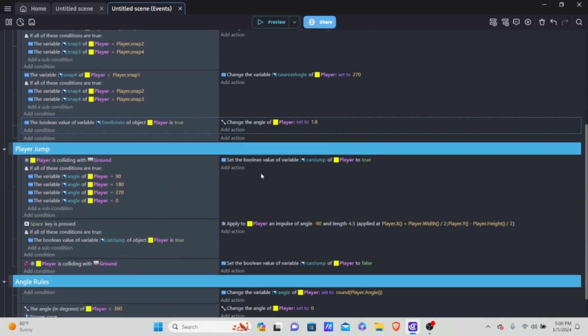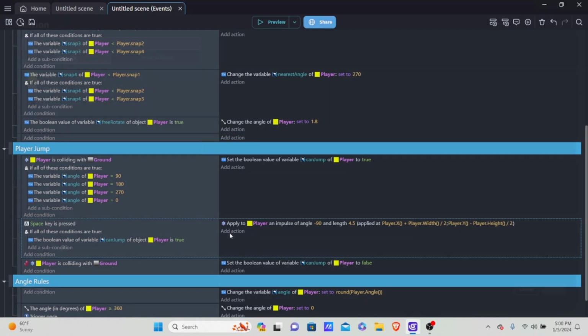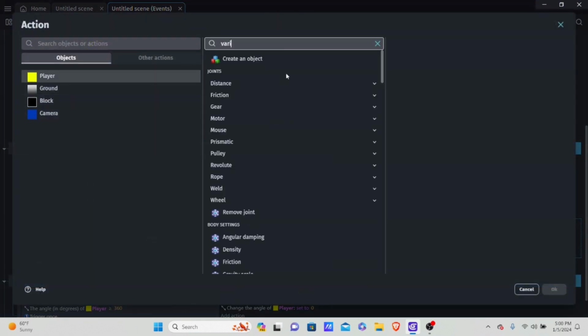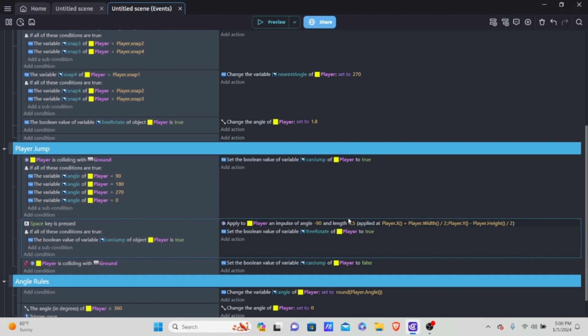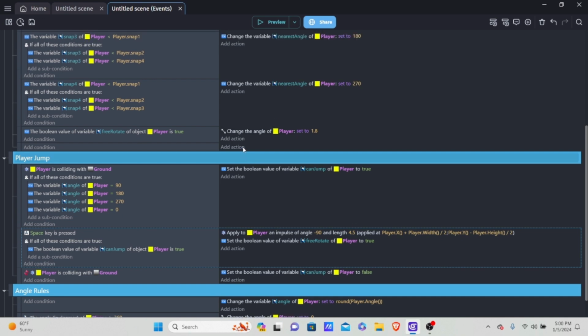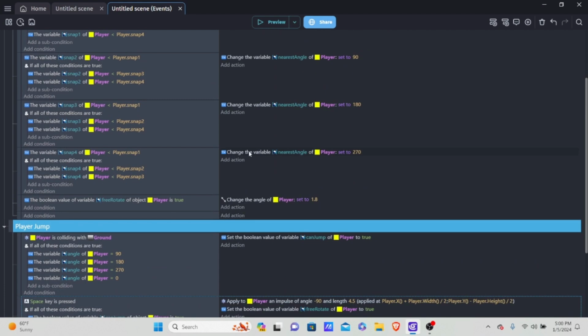So now that we have that set up, we want to make it so when the player jumps, we set free rotate equal to true. So I'm going to go into player, type in variable, go into Boolean variable, free rotate is equal to true. Now, of course, that means we need something to tell the game to set free rotate equal to false as well. So basically, when the player is on the ground, when the player is colliding with ground, we want free